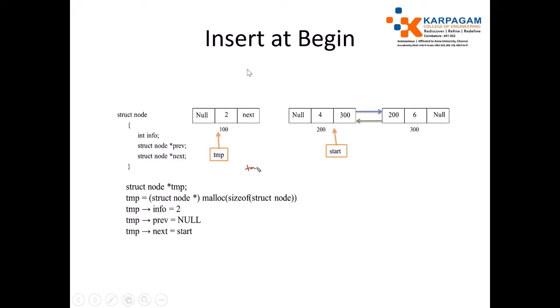Let's start with the insert beginning position. For example, already you have two elements in a linked list, 4 and 6. Here at the starting point, that is the head pointer, we have data 4, head of previous equal to null and head of next equal to 300. The address of the first node is 200, and we have the second node. The address of the second node is 300, and we have data 6, and in the last node, previous is 200, which points to the previous node address, that is 200 here, and the last node's next should be null.